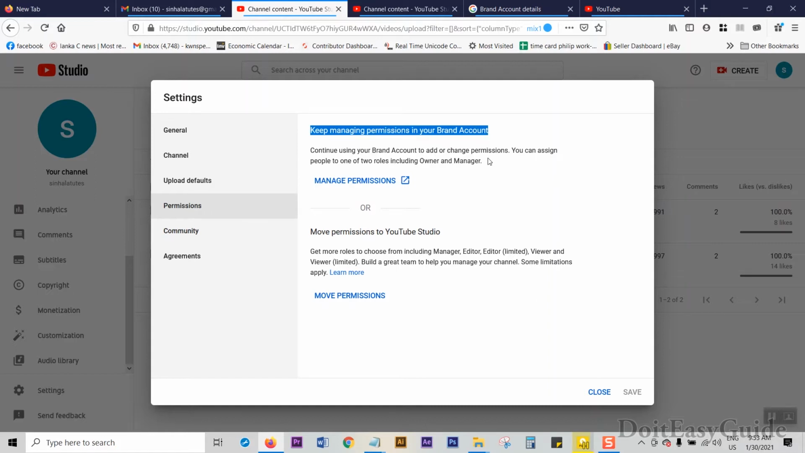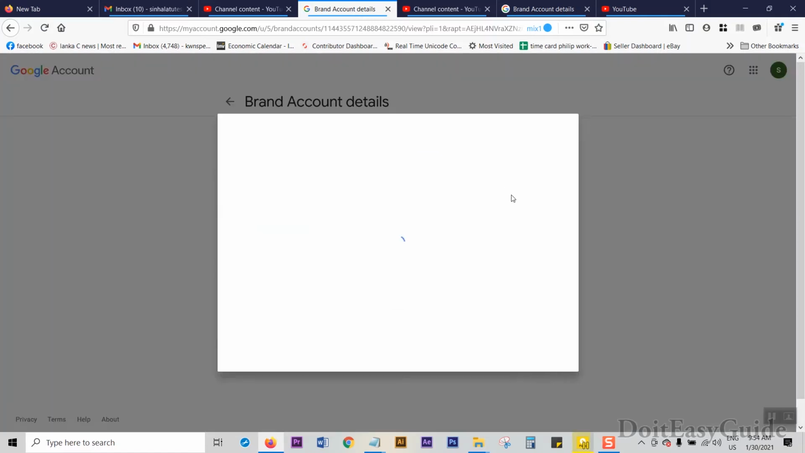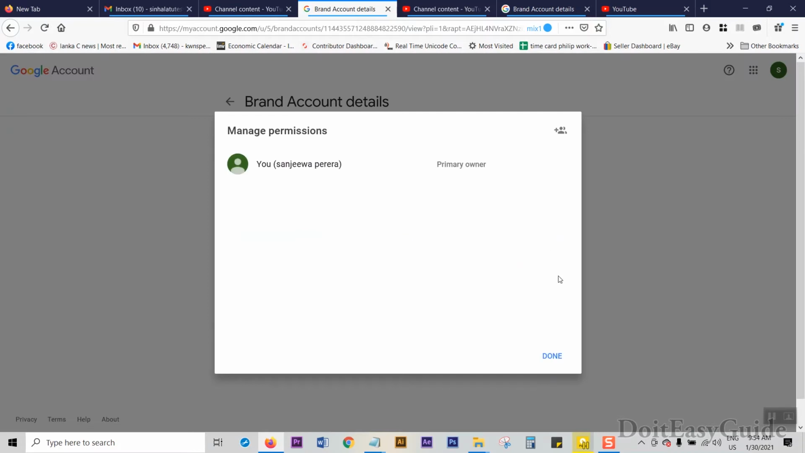I'm gonna click this manage permission. Then you go to this my account google.com brand account page. Here sometimes when you click manage permission, it will send an SMS to your mobile phone to get the verification to verify that it's you. If it asks for mobile SMS confirmation, wait for it, get the PIN number from the mobile and enter the PIN number. Okay. Once you've done that, you can click manage permission again,